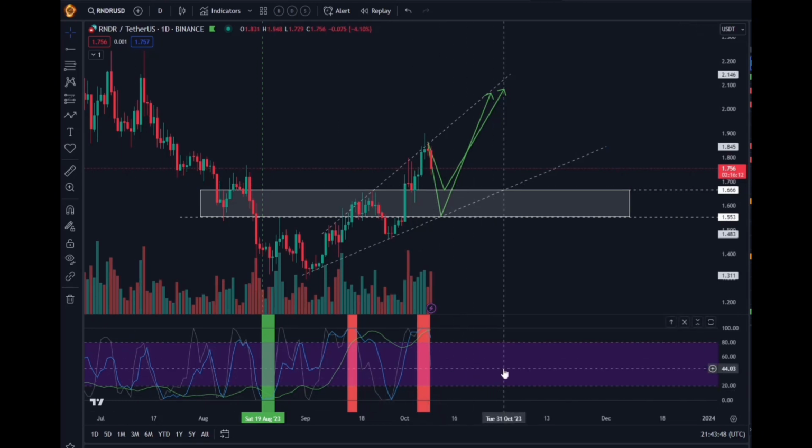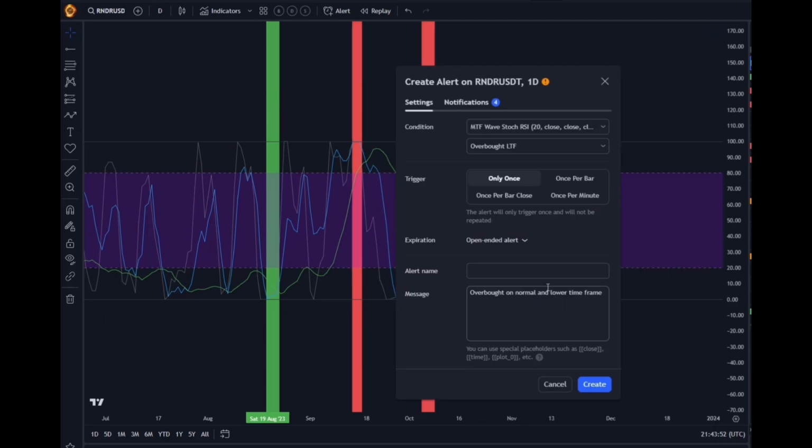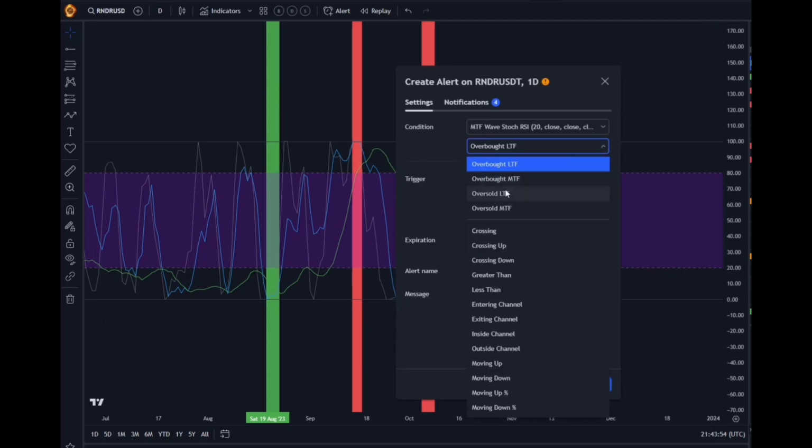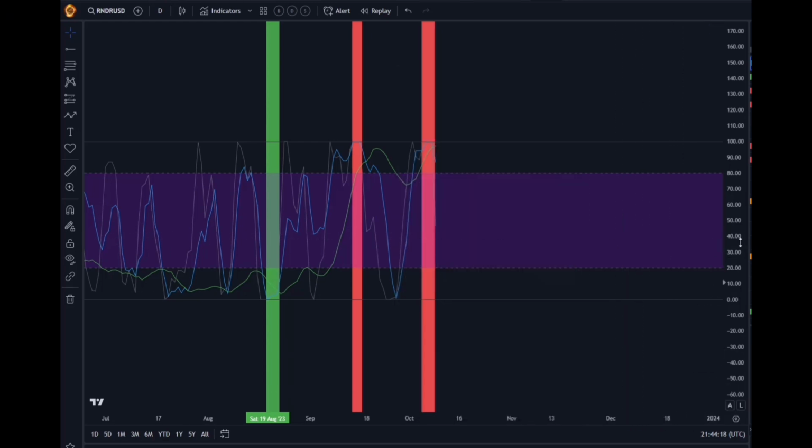So for that also I'll be setting an alert, the same way I did the previous ones, and then I'm gonna be writing Render long possibility, 1 day and 10 day, and then check for trend line support test or box test. So this is Render,